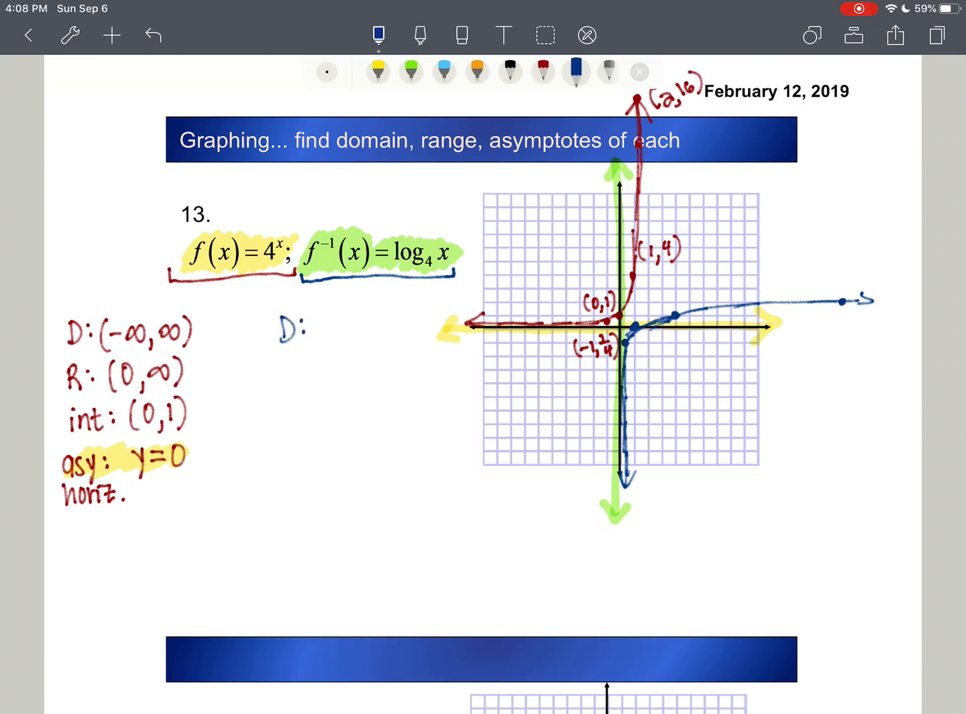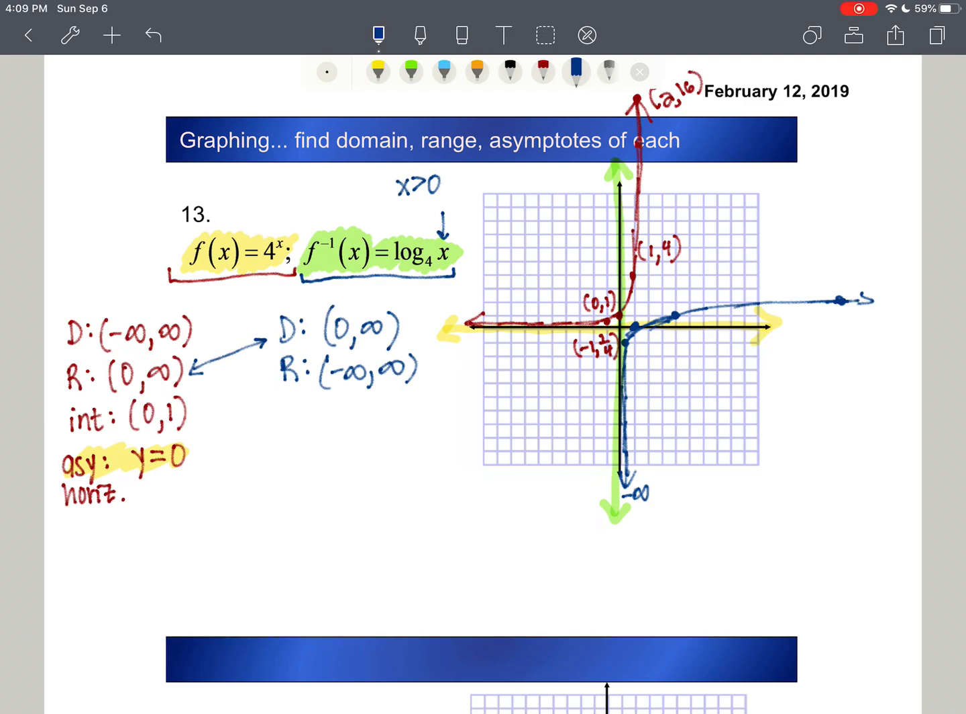So our domain, remember, x has to be greater than 0. So our domain is 0 to infinity. Isn't it interesting how the range and the domain are flip-flopped? That's because that's what happens in inverse functions. Our range, our outputs, are going to go from negative infinity, and even though this doesn't seem like it's increasing, I'm going to go out further, and then up a little bit, and out further, and up a little bit. So I'm always going to be going up very slowly,